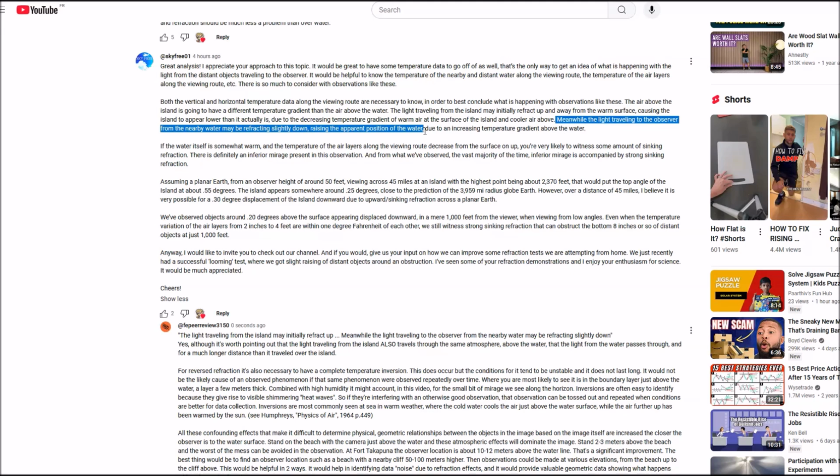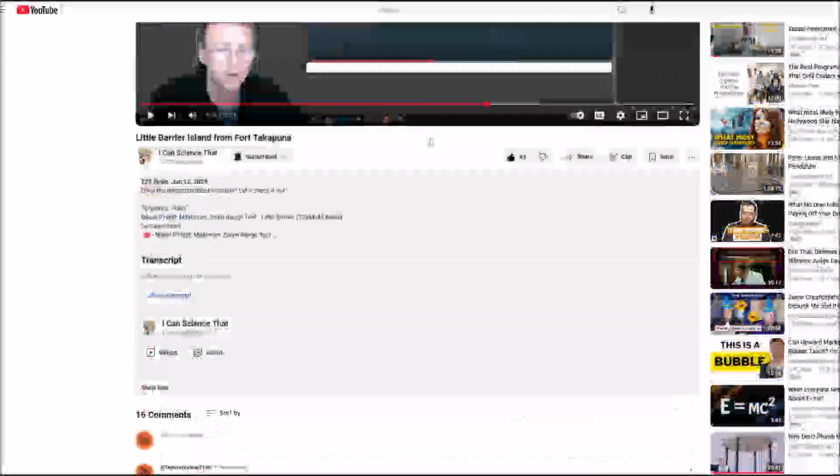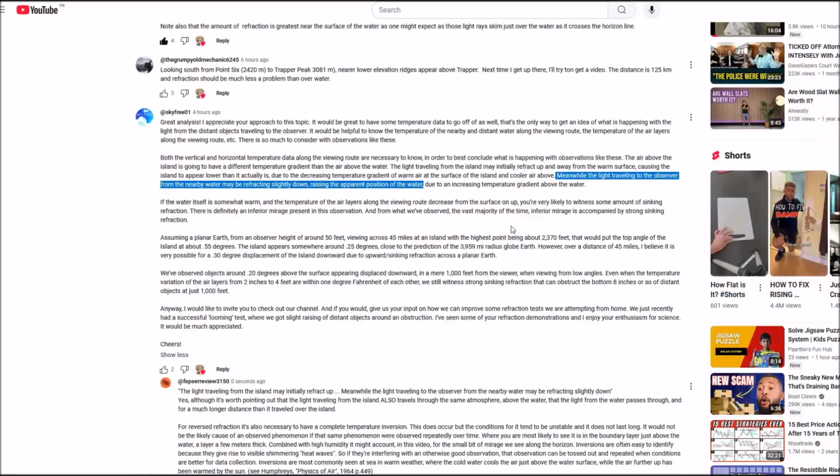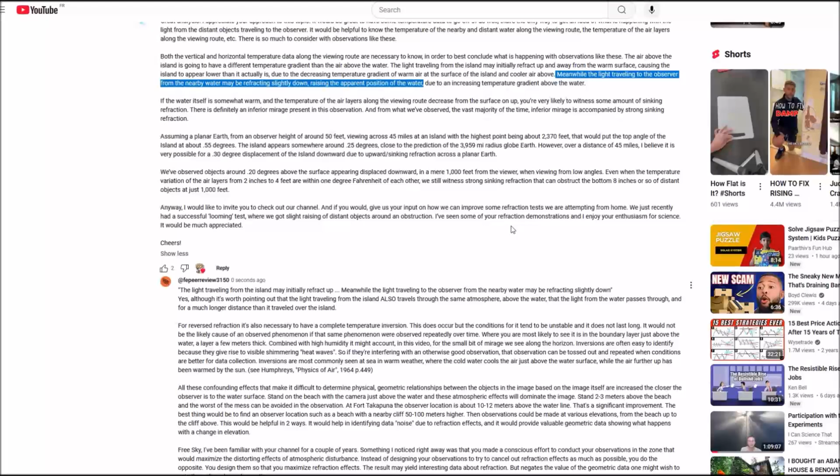That's the scenario they're trying to paint in order to cast doubt on the very clear conclusion that Iconscience drew, that there was a considerable portion of the island hidden by water's surface. So that's what they're doing. I think it's a very underhanded, manipulative approach to using good science. Is it physically possible for us to have the island apparently sinking while the water in between